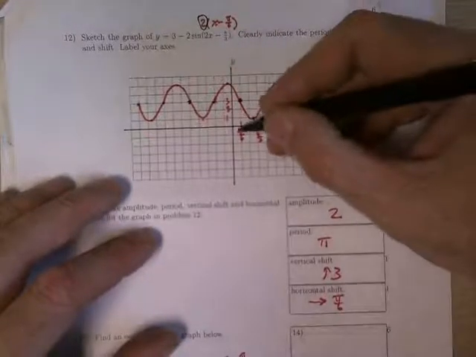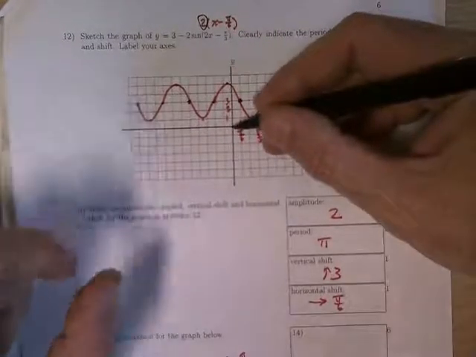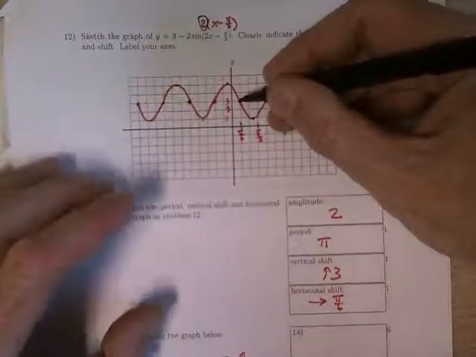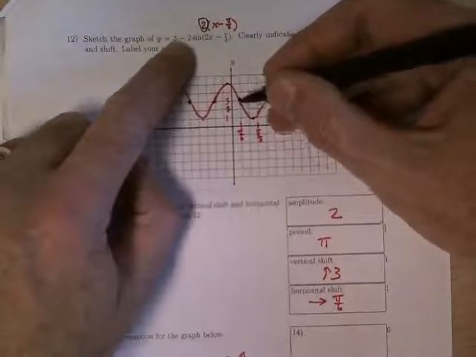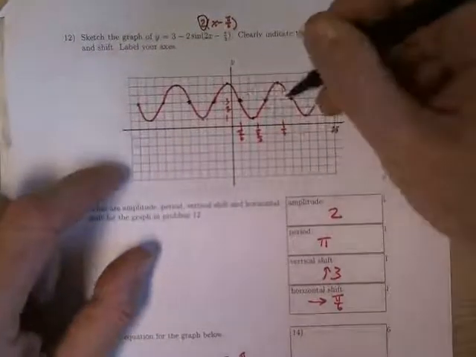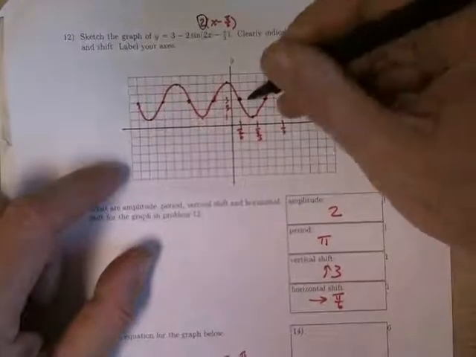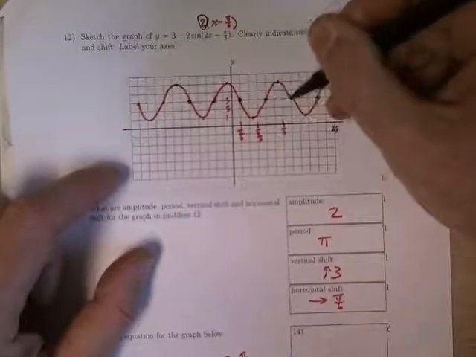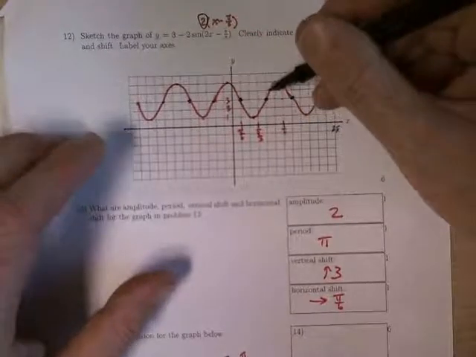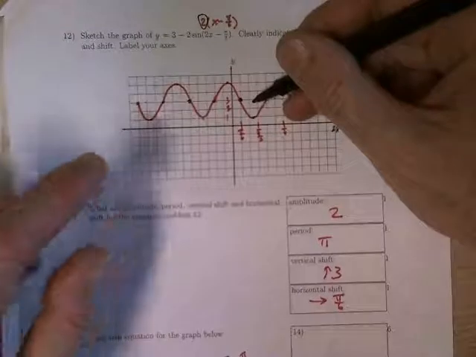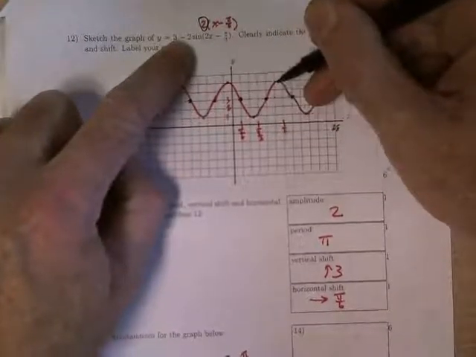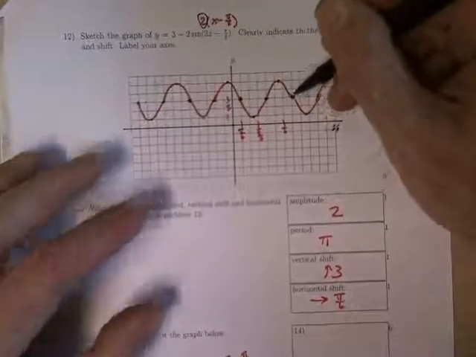Right? So the sine curve typically would start at the origin, but because it's been shifted over pi over 6 and up 3, I'm going to start right here. And it's an upside down sine curve, so I'm going to start going down. The period was pi, so from my starting point, I'm going to move over pi to get to the end. Note that's 1, 2, 3, 4, 5, 6 pi over 6s. Halfway in between, it should still be in the middle there. At the quarter point, I'm going to be down because that's the minus sign, the amplitude, and at the 3/4 point, I'm up. So then I just continue the